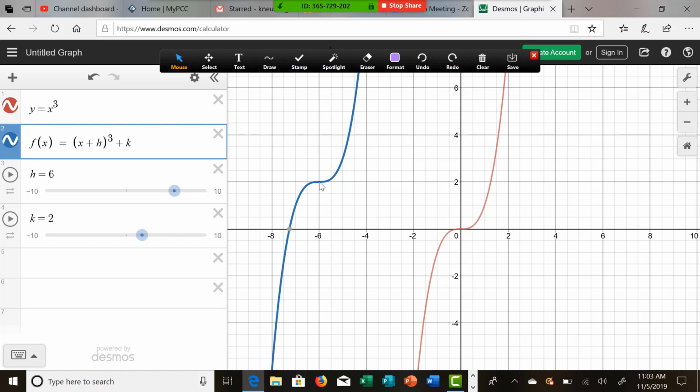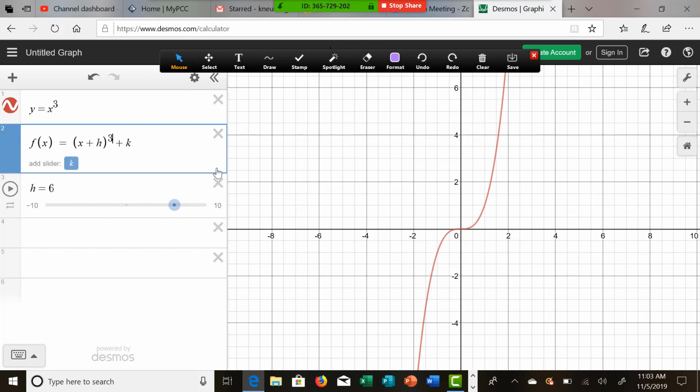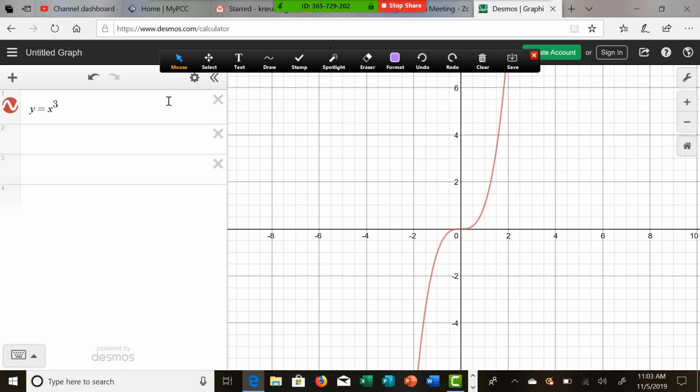Now, we have the h and the k there. We could also have things that are multiplied. So I'm going to go ahead and cancel these out. And we're going to look